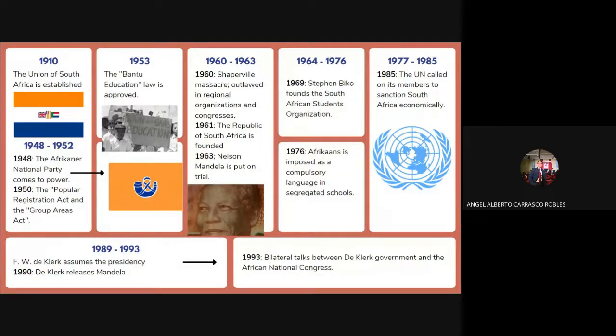Okay then. Now, once the definition of apartheid has been established, it is important to know the process chronologically in order to have a broad overview. The objective of this approach is to provide the most important points and events that marked not only the South African population, but also created the optimal scenario for the application of this racial division. As we know, one of the most important events was the formation of the Union of South Africa, which is the predecessor of the Republic of South Africa.